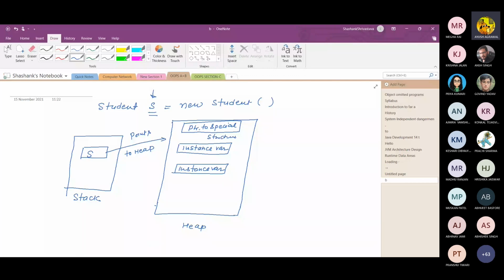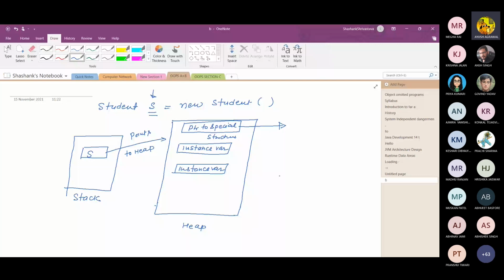When the object is created, a pointer is also created which points to a special structure, and this pointer points to the method area. In the method area, it points to a special structure, which points to some static variable.